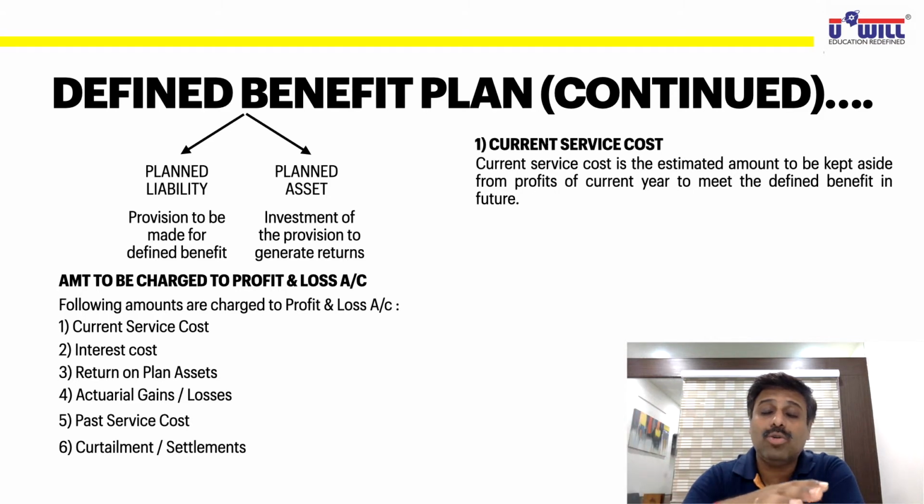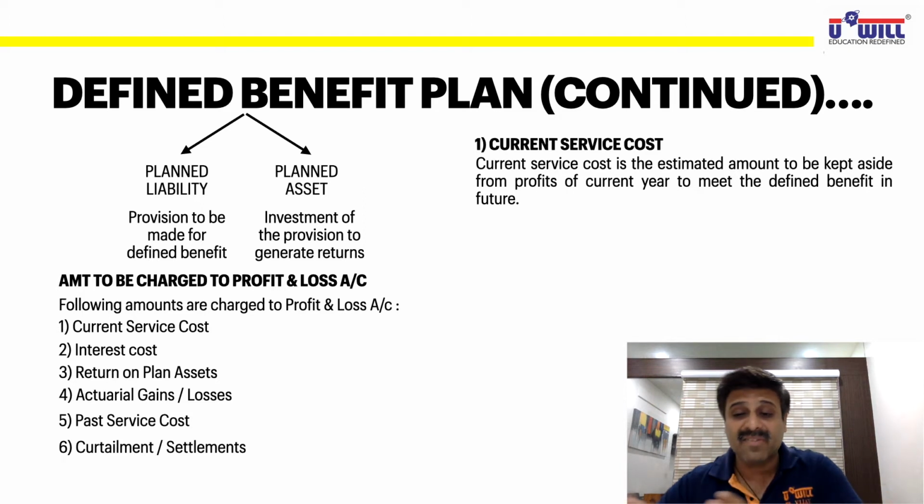So we find out to accumulate that 5 lakhs per month means we'll find out his 20 days salary. Suppose it comes to 3 lakhs. For 35 years of service means 1 crore 5 lakhs. To get that 1 crore 5 lakhs of rupees after 35 years, how much amount you have to keep aside every year from right now?